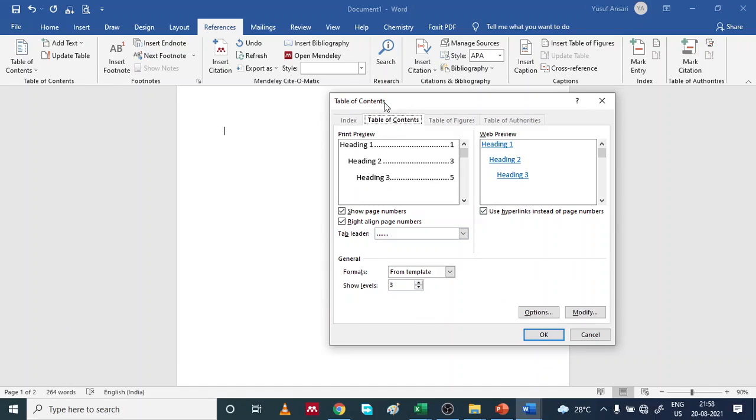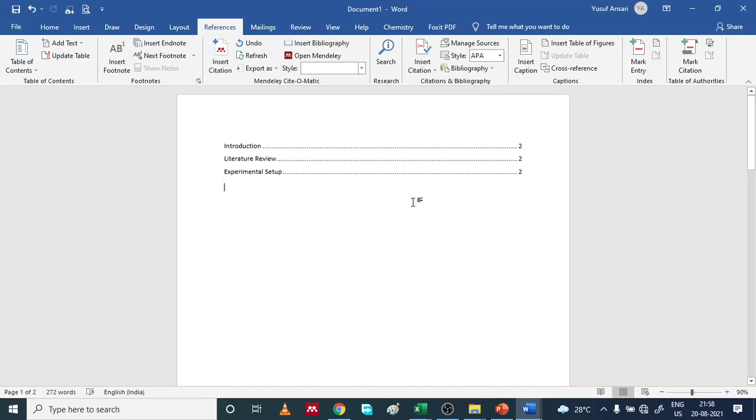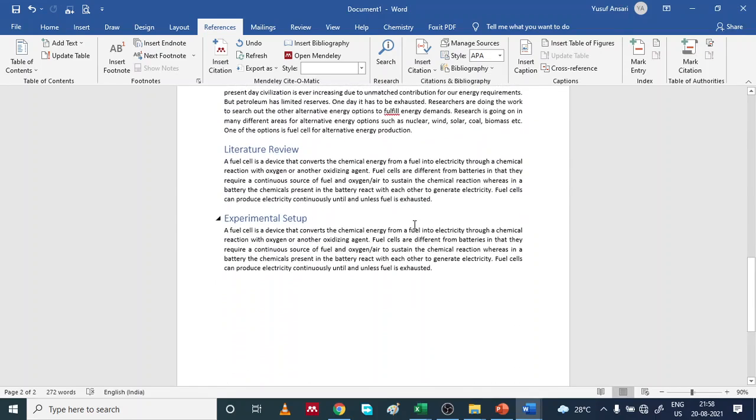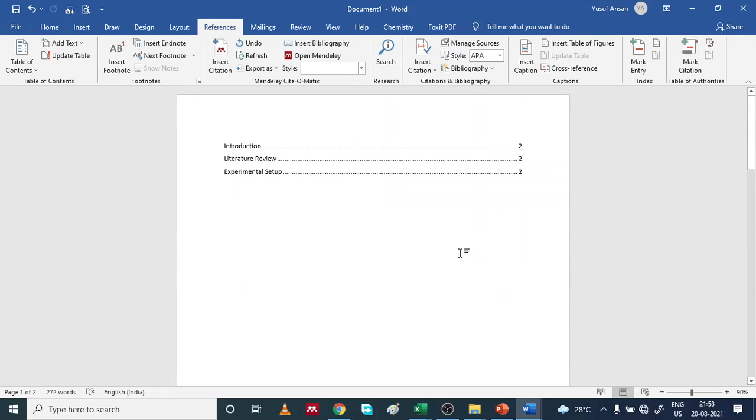Click, you will see that window, and just click OK. You will see all three main headings showing here in this way. So in this way you can make all these headings automatically with respect to the page number.